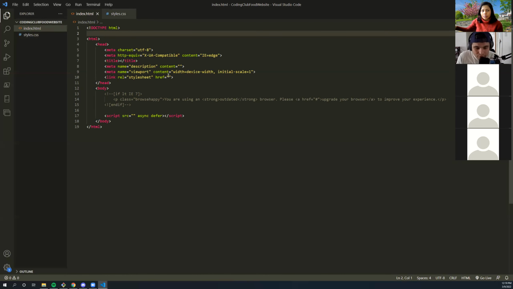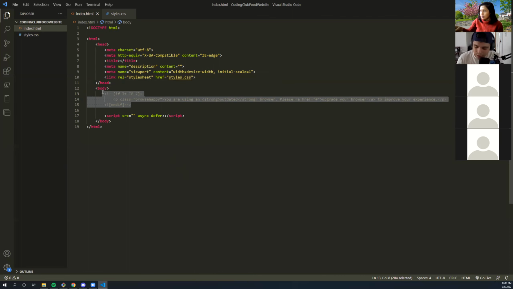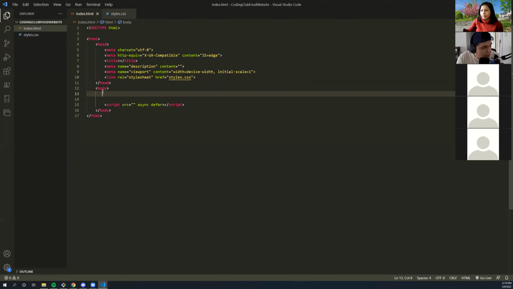All right, but first and foremost, I have to import my styles.css into my HTML. This way my HTML knows that I have a CSS file that goes hand in hand with the HTML file that is being read. And the place that we import our CSS is in the link tag within the head. This way it's read first and the styles are applied below. All right. Is everybody up to the spot that I'm up to right now? I have to go kind of fast because we have a lot to cover today.